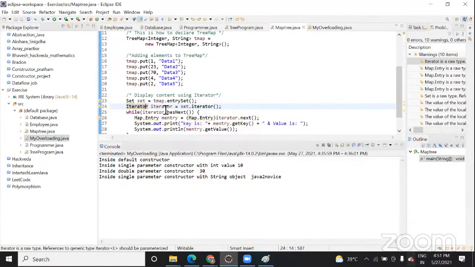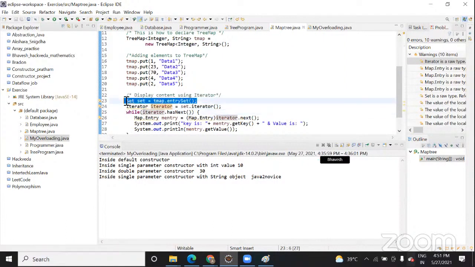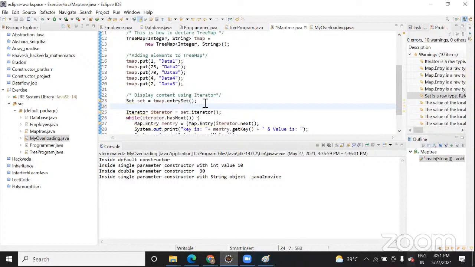Okay. So in this TreeMap, when you add data, it will be added in the form of key and value. And after that, I read it into the set. What do you mean by this set? A set is one collection, a collection of elements. It is also a collection, but what does a set provide that other collections do not? It will be unordered, means data will be saved in unordered form, and it removes duplicate elements.